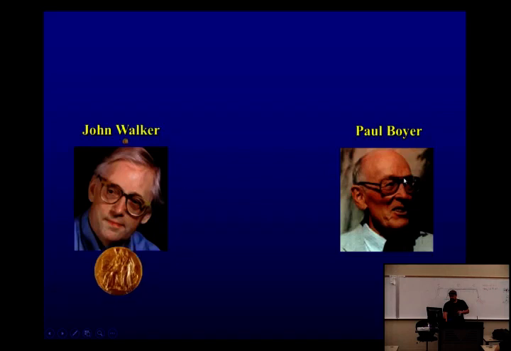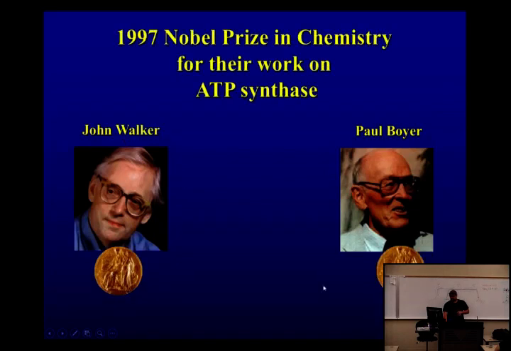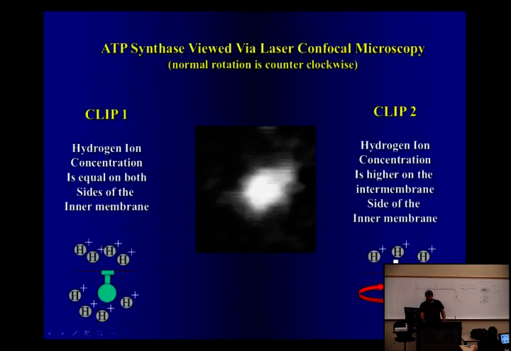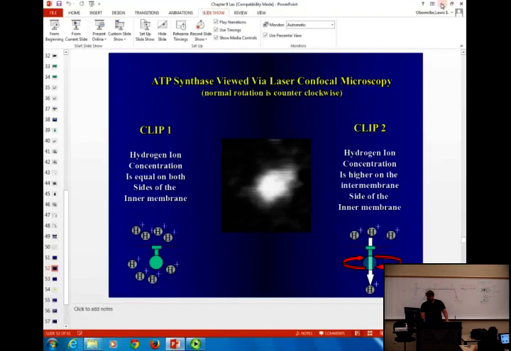So these dudes, Walker and Boyer, we'll give those guys a couple of Nobel Prizes for chemistry that they got in 1997. So $1 million, actually they got 10 million. And 2 chunks of gold. How long did it take them to figure that out? About 7 or 8 years. It's worth $10 million. Yeah, I'd take it.